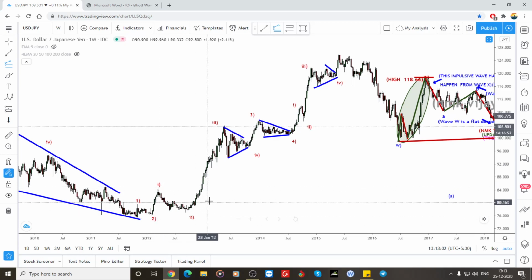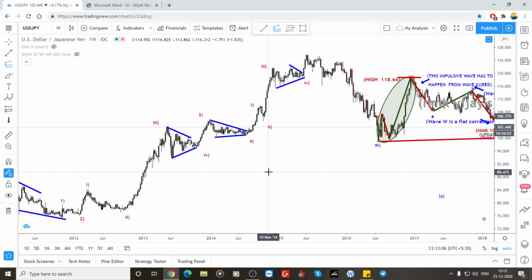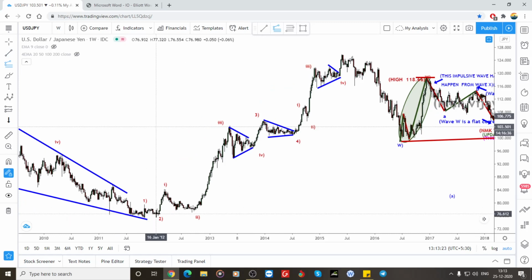So here is a completion of the third wave. After that, the fourth wave, what I said is only in the fourth wave it will be a triangle. So here is a triangle fourth wave, and again 1 2 3 4 5. So here also that completion, and the next you have to note down is wave 1 is equal to wave 5, or it could be 0 to wave 1, that is 0 to